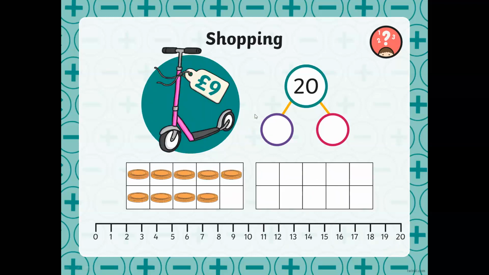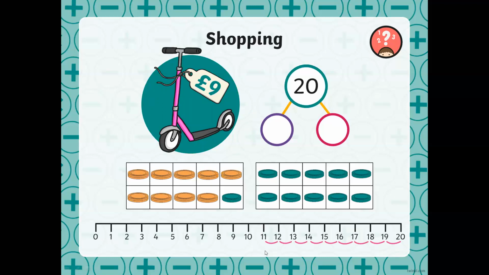Okay, here I paid 9. Let's see the 9, how much is left for me? 1 is left from this 10 frame and the second 10 is left, so 10 and 1 makes 11. Here let's go back 9 steps, 1 2 3 4 5 6 7 8 9. So when we go back 9 steps it will leave us at 11. So we can write here 9 and 11. Notice 9 and 1 are the number bond partners of the 10, and the second 10 is written in the tens. So what will be left with me from the first 10